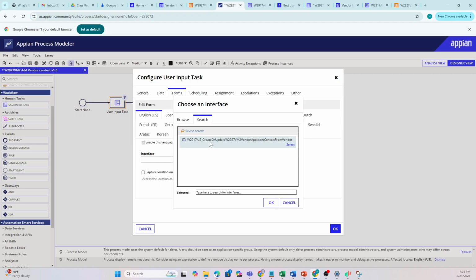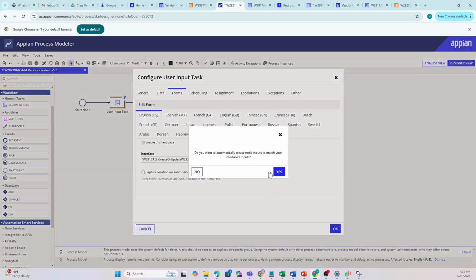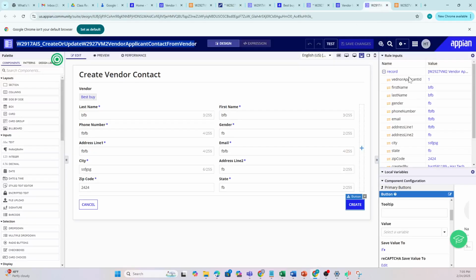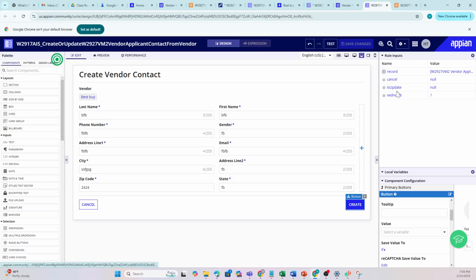So you got this interface, whatever we created. Create or update vendor. I'm going to select this and then click OK. Now, Appian automatically sends whatever inputs we have on this interface, like all these records: cancel, is update, or vendor ID. So Appian automatically